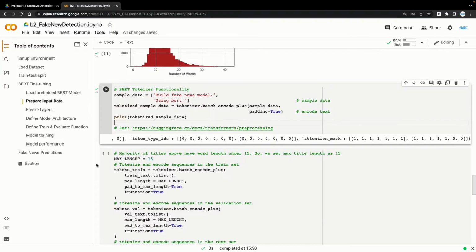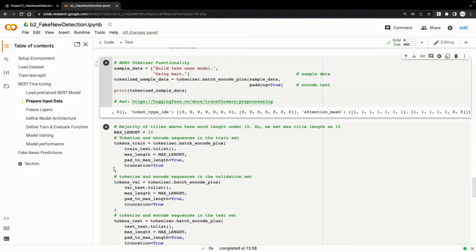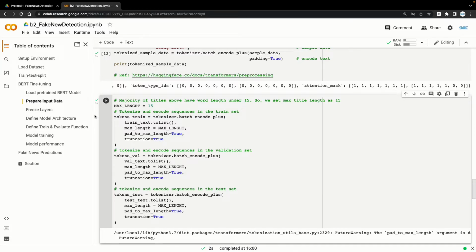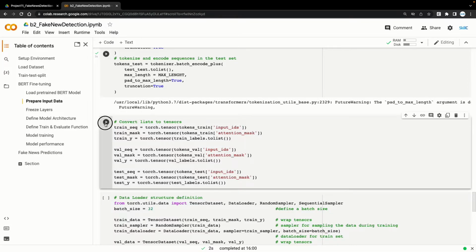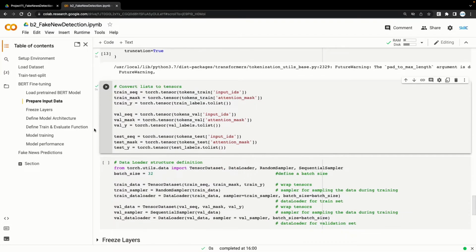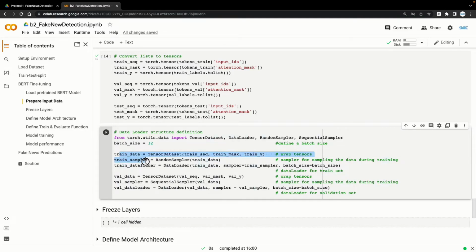With this understanding, now let's go ahead to tokenize our sequences, that is titles in our training, test, and validation sets. Alright, now our train, test, and validation sets are tokenized using the BERT tokenizer. As next step, we convert the integer sequences to tensors. And as last step here, we create these data loaders for both the train and validation set. These data loaders will pass batches of train data and validation data as input to the model during the training